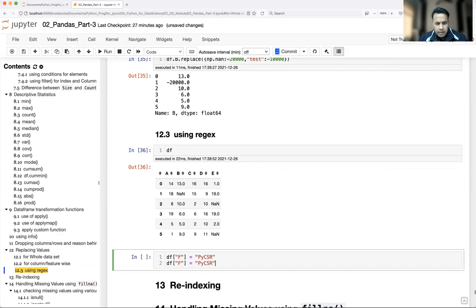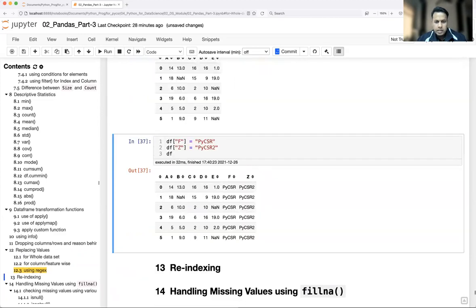And there is one more column called z, PyCSR2. Now let's talk about df. We have two columns, and assume these could be similar string entries, maybe as a single element in any of the columns, but to make it more simple, I am just adding them into a different column.